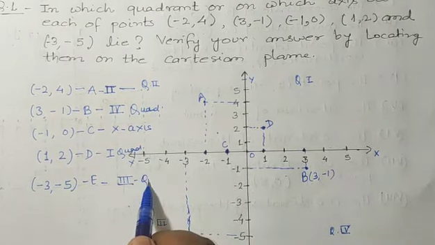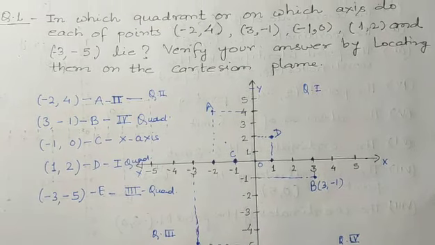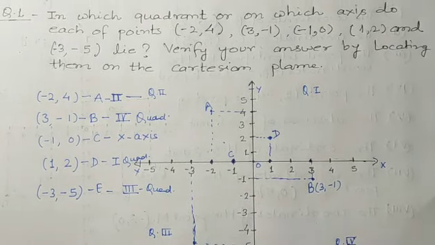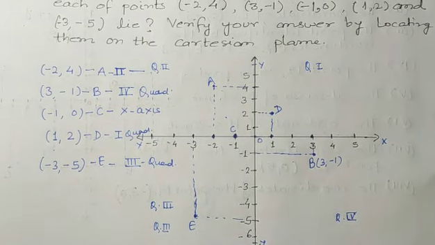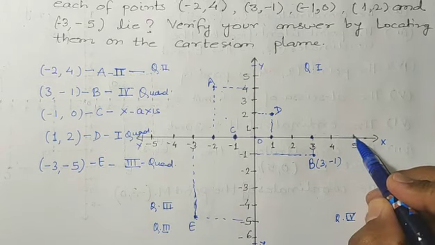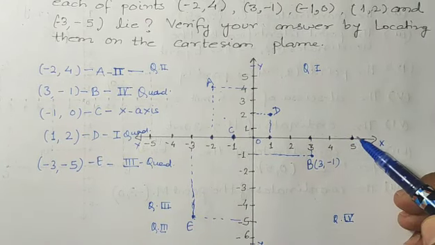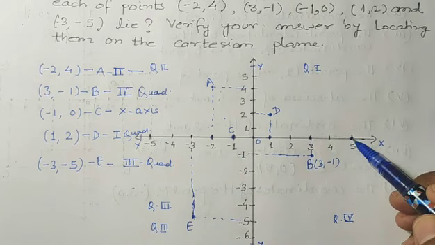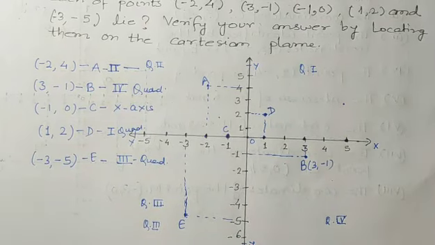Okay, third quadrant. So like this, students, we can complete. We have completed question 1. Okay, just note it down. And what was the important thing in this question? Suppose any point is this point. So where does this point lie? It will neither lie in quadrant 1 nor lie in quadrant 4. It will lie on the x-axis.